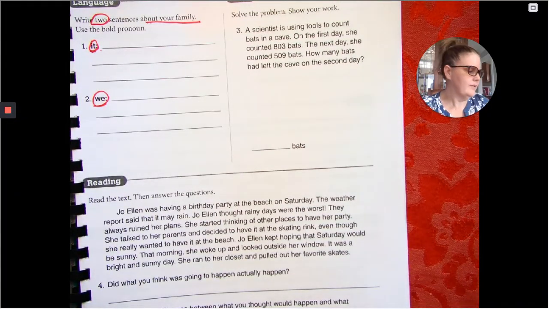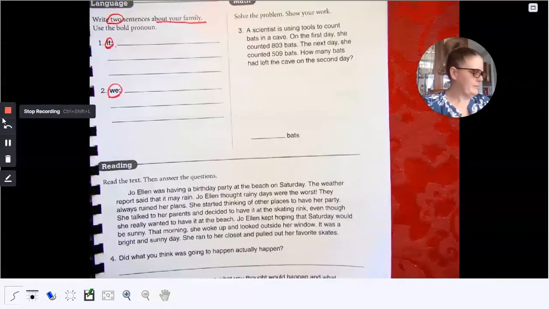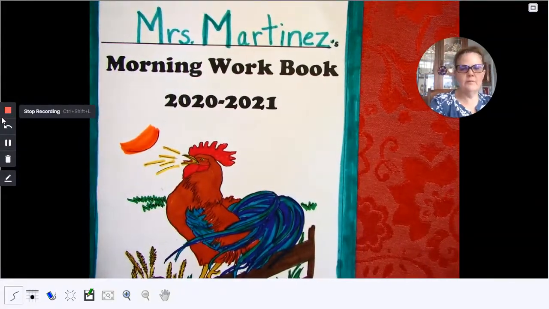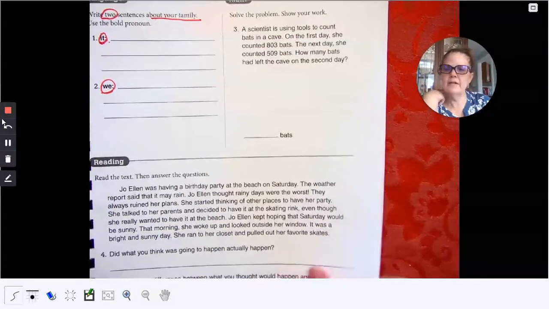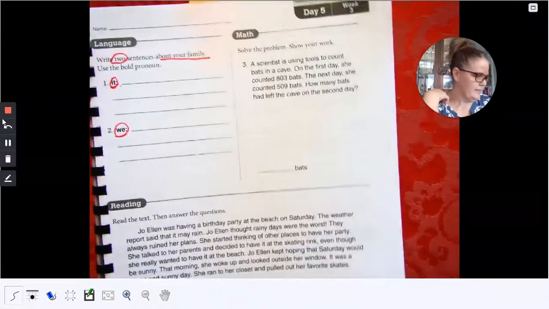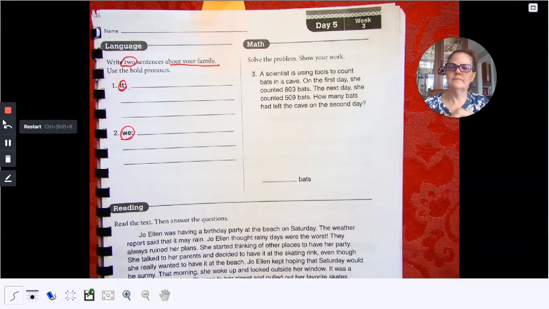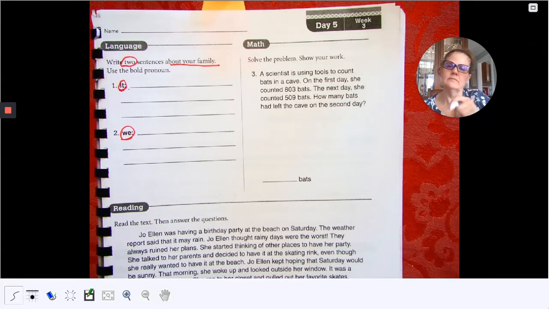We are going to get started on our morning work. So if you would please grab your morning workbook and meet me on page 25 with a pencil or a pen. Okay, so